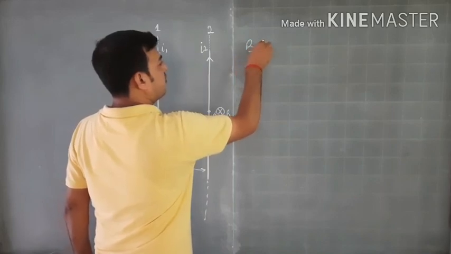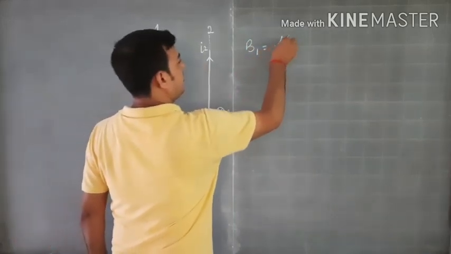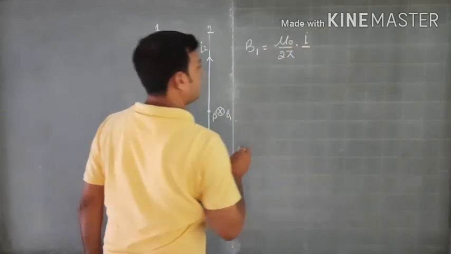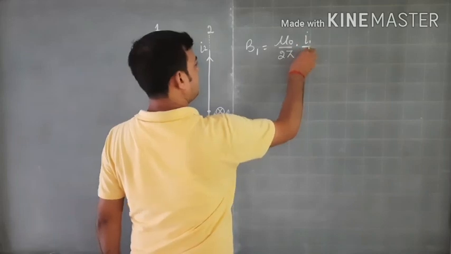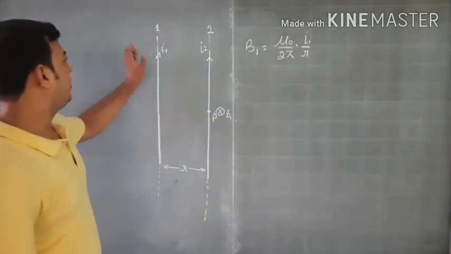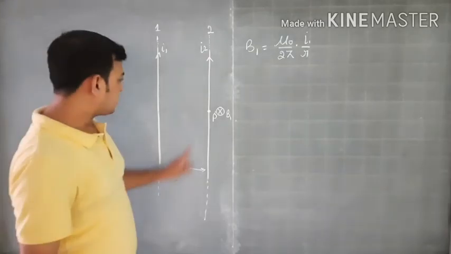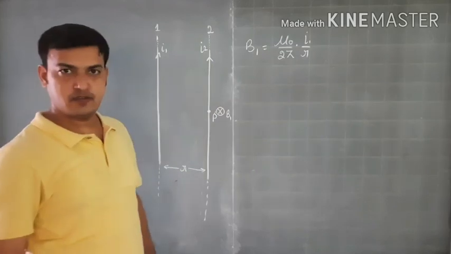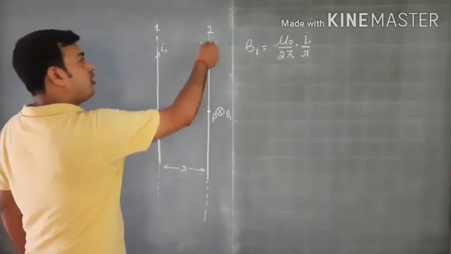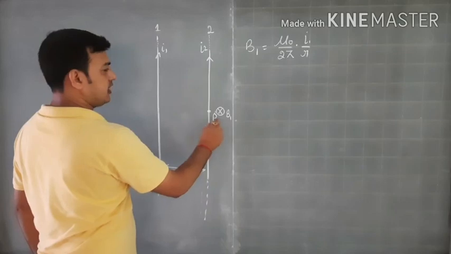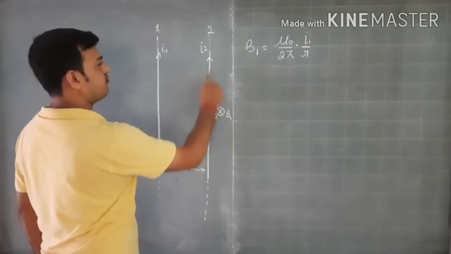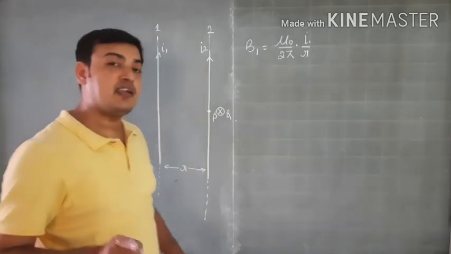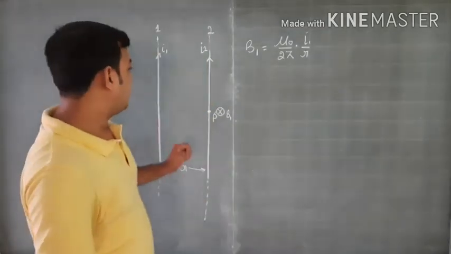I will write the value for this. We know that for an infinitely long wire, the magnetic field is given by mu naught by 2 pi, I is my I1, and this is R. This is the magnetic field produced by wire number 1 at a distance of R. So it is the magnetic field at this point P, and the direction is into the board. Okay, fine. Now my second wire is placed in the magnetic field B1. So if my wire is placed in a magnetic field B and the wire contains current, definitely it will experience a force.